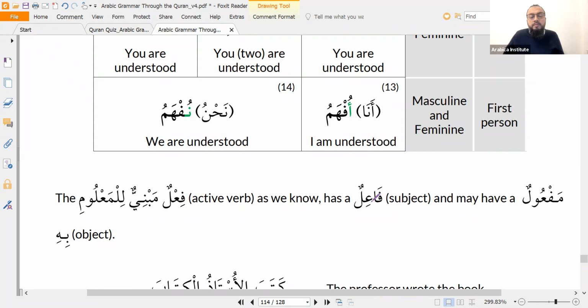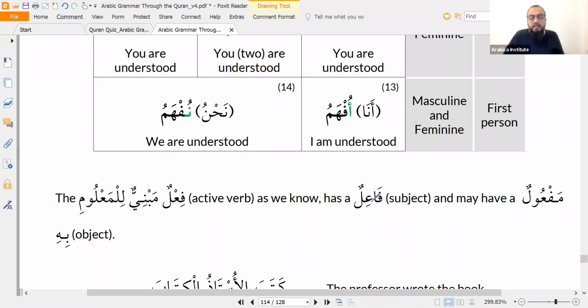Another example. If I say huwa yajlisu, he is sitting, how do you do that with the active participle? Huwa jalisun. Good. Now if I say al-kursiyu yujlasu alayhi, the chair is being sat on. You see why we need an on here? The chair is being sat upon. You can't say the chair is being sat. Even in English, you have to say sat upon. So in Arabic, you say al-kursiyu yujlasu alayhi.